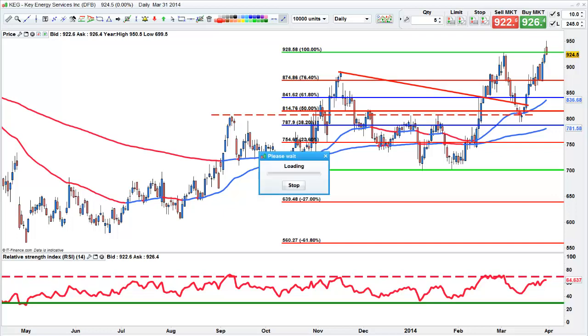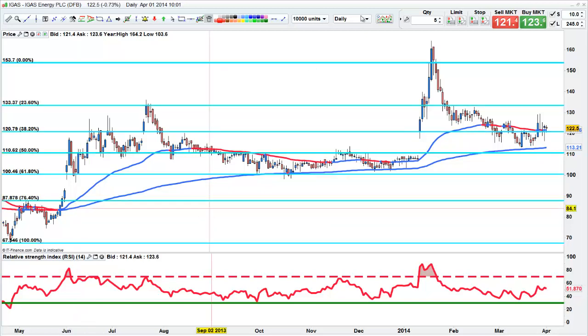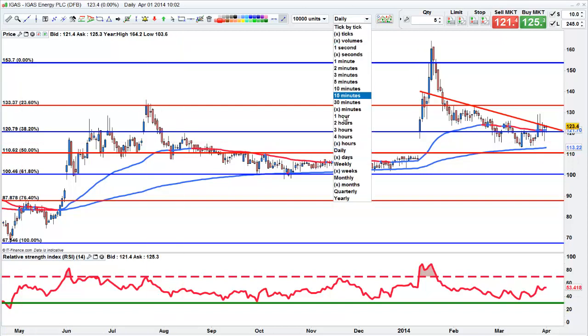Keg, I would leave. iGas is a UK stock, actually. What do you think of iGas? Yeah, not bad. It's quite a large stop there, though, isn't it? It is, and yeah, this is a UK stock. So if you drop down to a 60-minute,